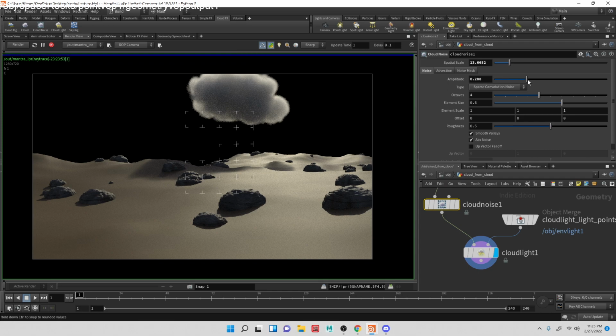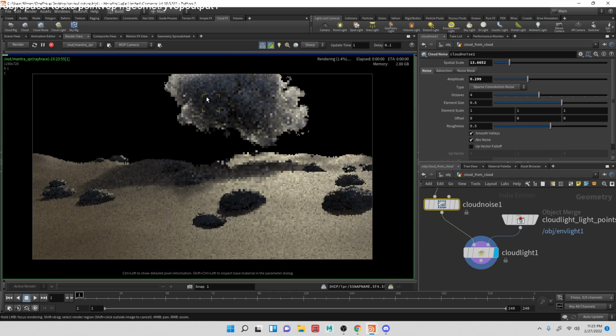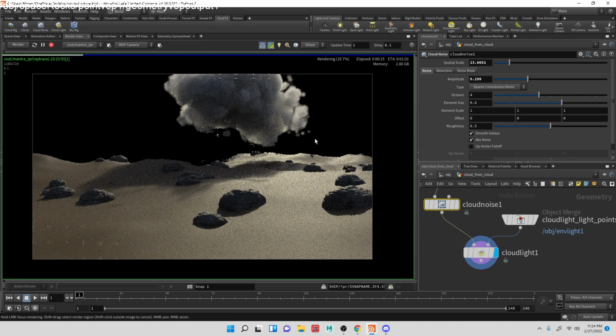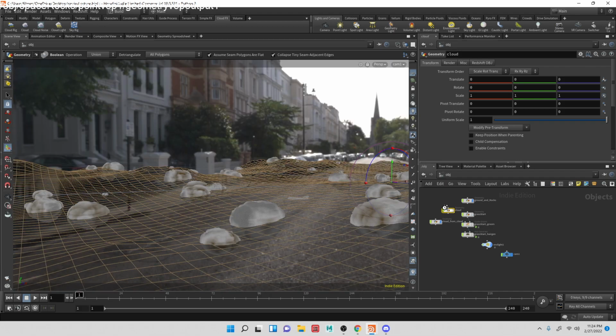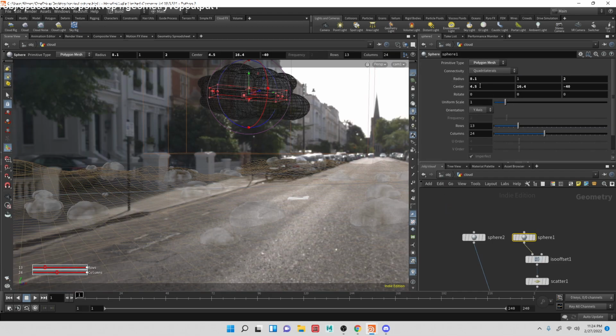I really want to kind of crank up some of that noise so it looks a little bit better, the cloud. And then maybe go back into the original shape here and